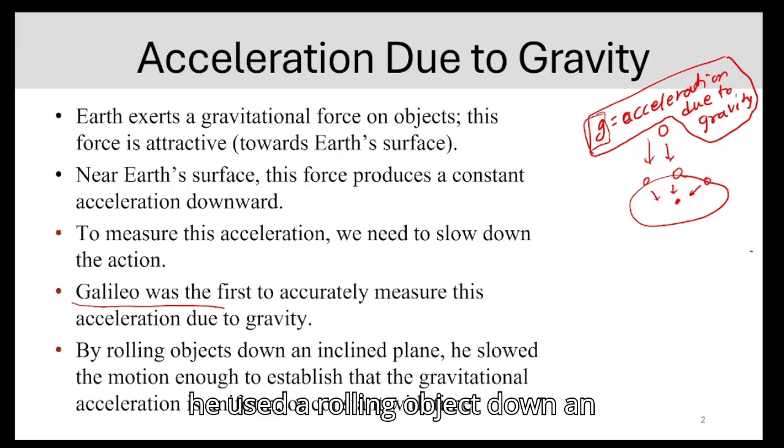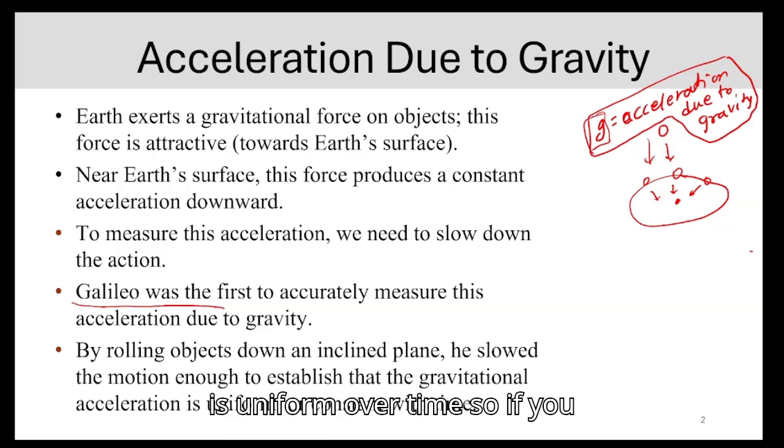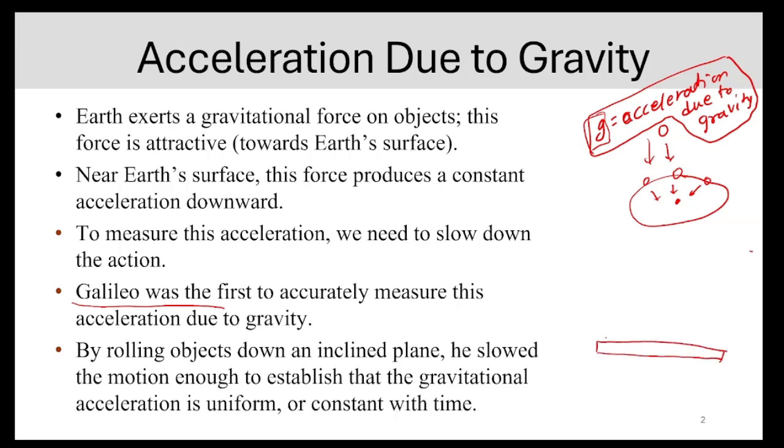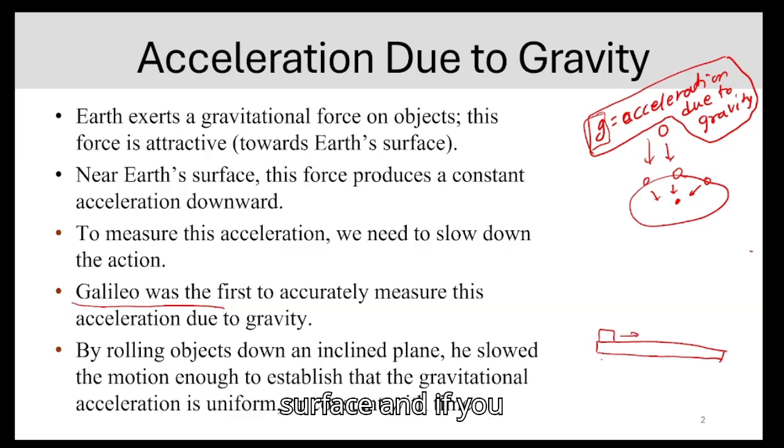He used a rolling object down an inclined plane to slow motion enough to observe that gravity's effect is uniform over time. So if you have a plane surface and some object is moving along this plane surface, and